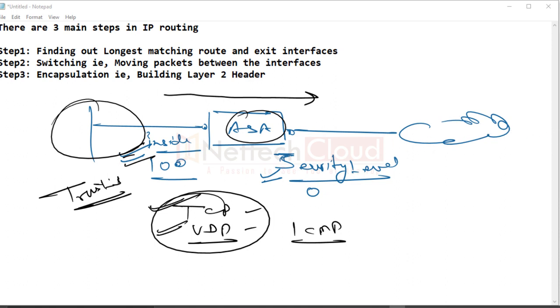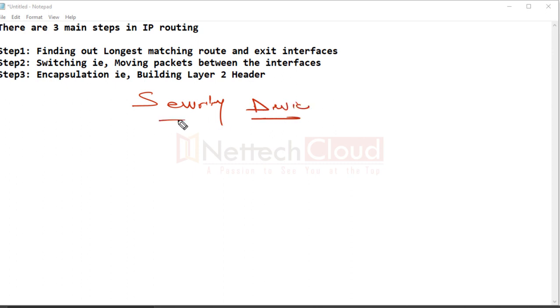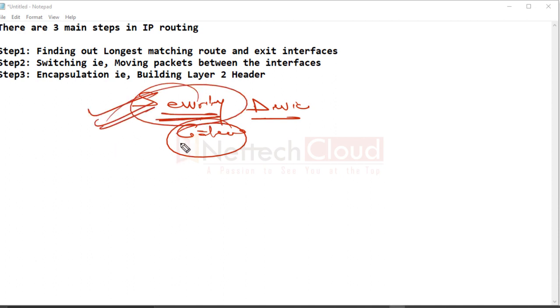Whenever we talk about firewall, we always use the term security gateway device. A security device or security gateway device is a gateway network firewall, but there is security in it. So it's different from the router. A router is a default permit device. On the other hand, a firewall means a default deny device.